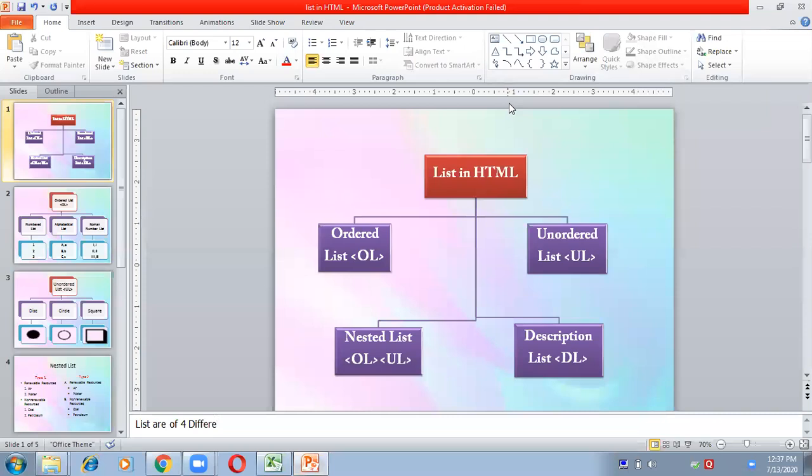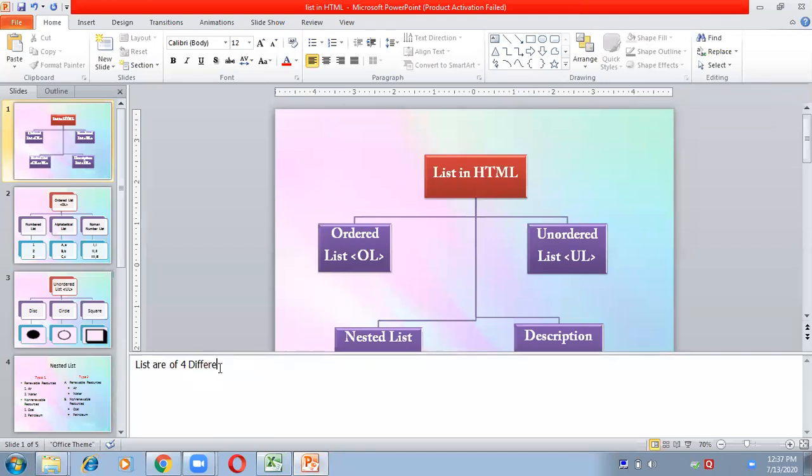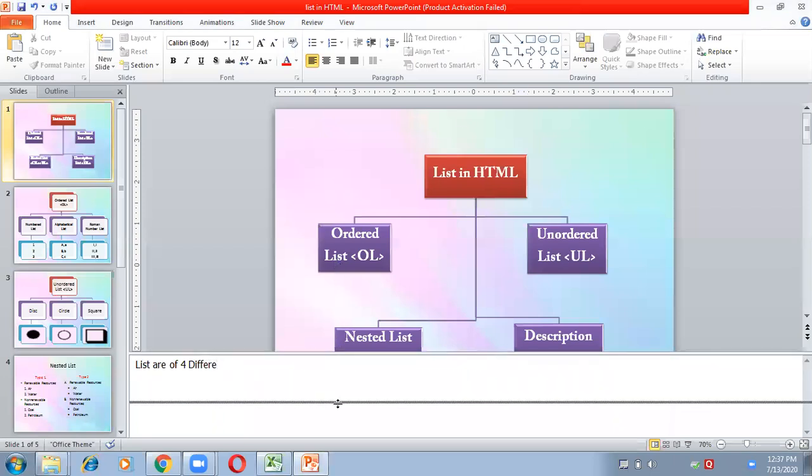Okay, Shanvi is asking how to add the speaker notes. Shanvi, can you see this box at the bottom? Here you can write all the speaker notes for you. Whenever you do the slideshow of your presentation, you can easily take the printout of all slide speaker notes on a different page. You can read out your notes from there and your slides will be played separately. So the viewers will not be able to see the speaker notes.